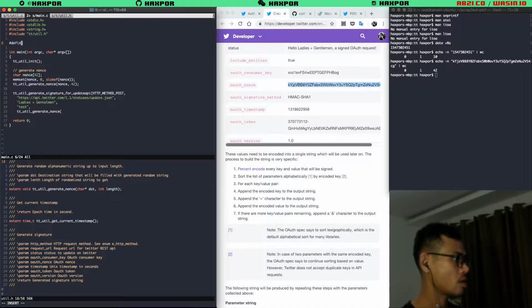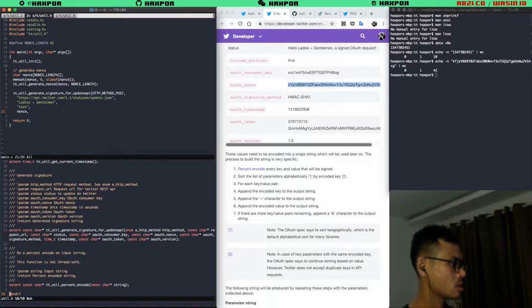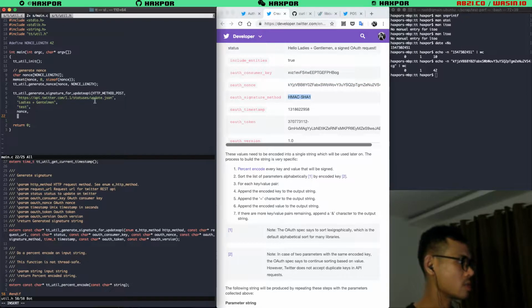I can define noise as well. So be more on the clean code side. Clean code, yeah. Sorry about it. Right. So we got noise, and we just use it. Okay, let's go down and see what else. Nice. Signature method. Signature method is going to be exactly the same every single time.